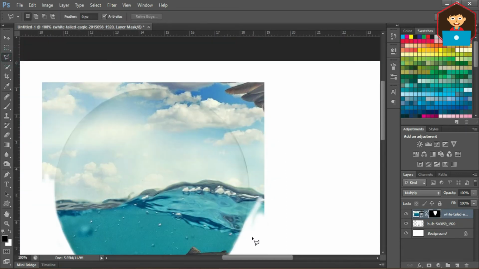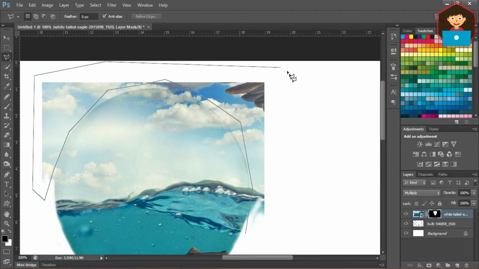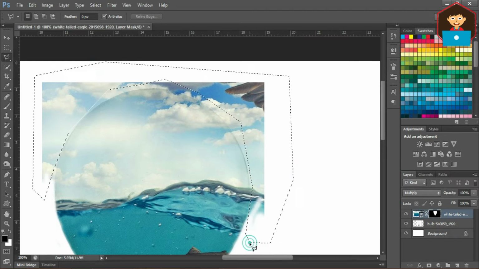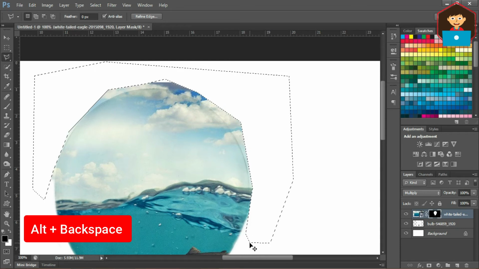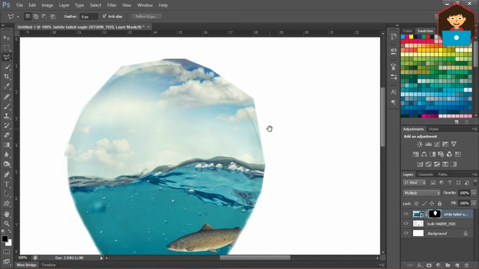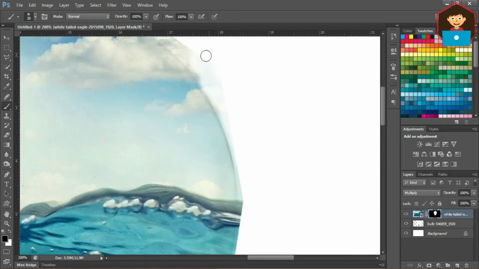This time I create a selection with the polygonal lasso tool. Give it Alt backspace to fill the black color. Again I select the brush and apply it for smooth edges.